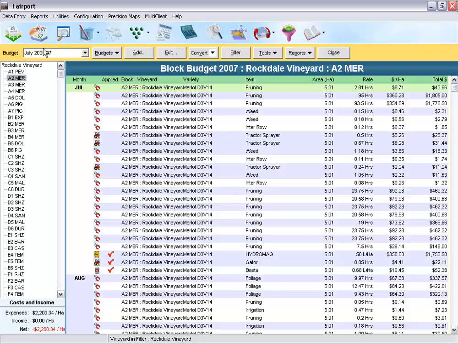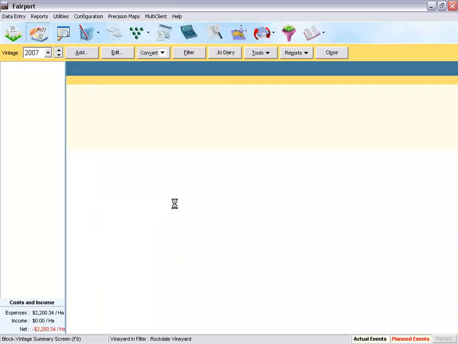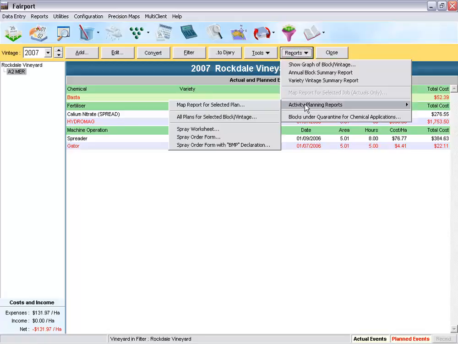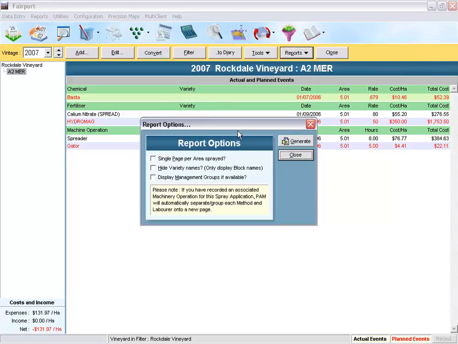Okay, now if I go back to my vintage summary screen and go to that A2 block for 2007 vintage, you can see we've got red items here which are the planned items, and we've got one black one here which is an actual. We can do worksheets that we can print out from here. So if I pick this chemical, for example, go to reports, I can produce a spray worksheet,